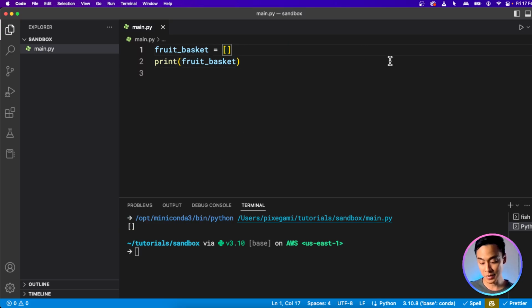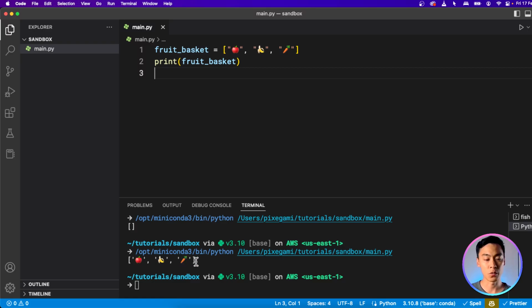Now I can put items inside, so let's put some strings in there. I've put some emojis inside my fruit basket. I'm using emojis because I feel like it's easier to visually learn when we do things to the list this way. Here the emojis are just strings, but if you have trouble typing the emojis, then you could just type a normal string as well. Now when we print it out, we can see the individual items inside the list. And there's 3 items. By the way, the technical term for each of these items is an element. That's one of the ways you can refer to an individual piece of data inside the list.